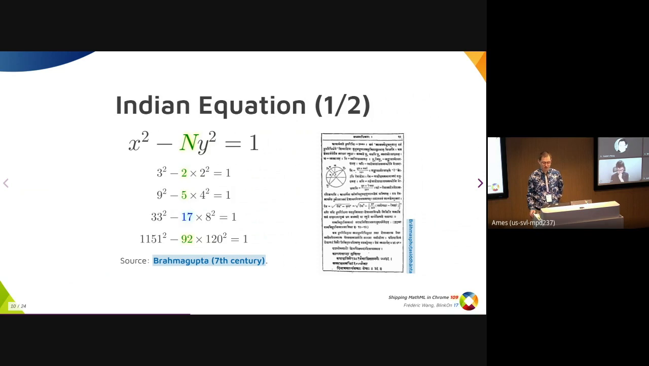So that's called the Chakravala method. And the problem is about finding unknown integers x, y, satisfying this simple identity: x squared minus n times y squared is equal to 1. You can find some example on this slide with different values of n. And you can verify these values, this solution with your JavaScript console, or you can try to find that with